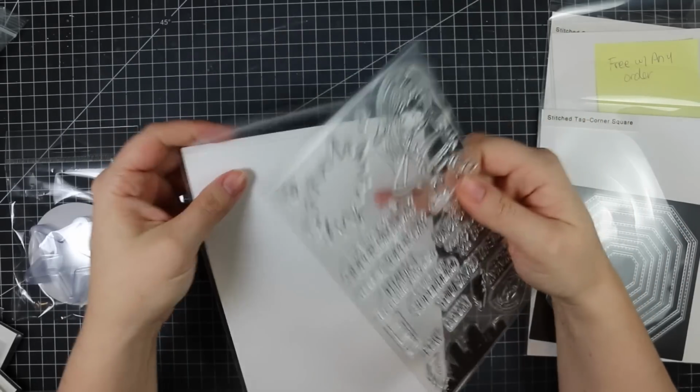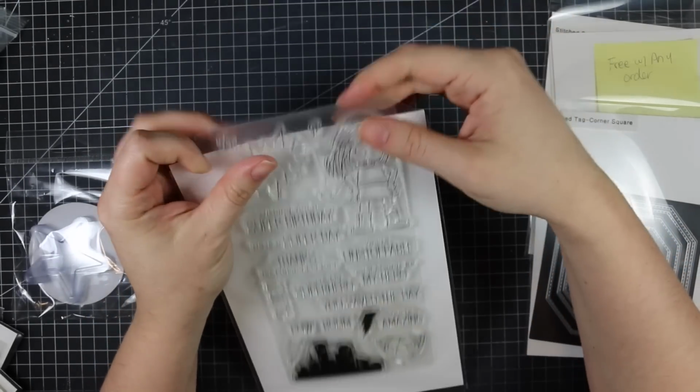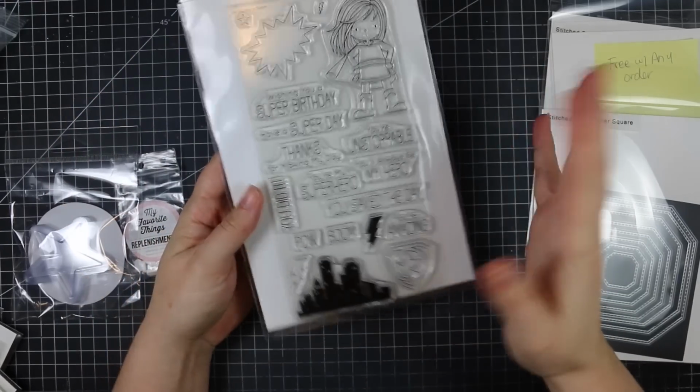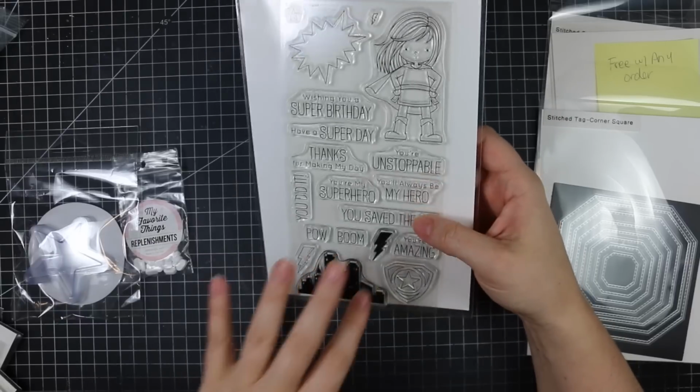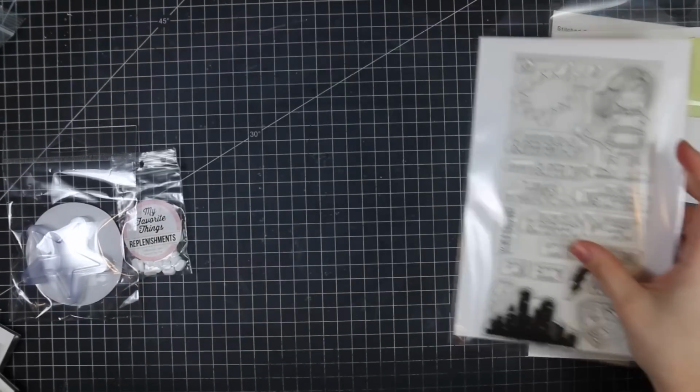So everyone's very excited, of course, that MFT is listening and re-releasing some of these sets that were retired. So that's really, really exciting. So that one's available now. And then